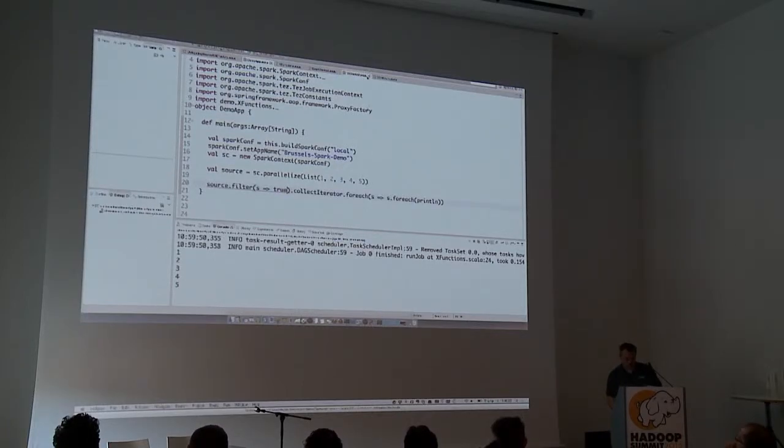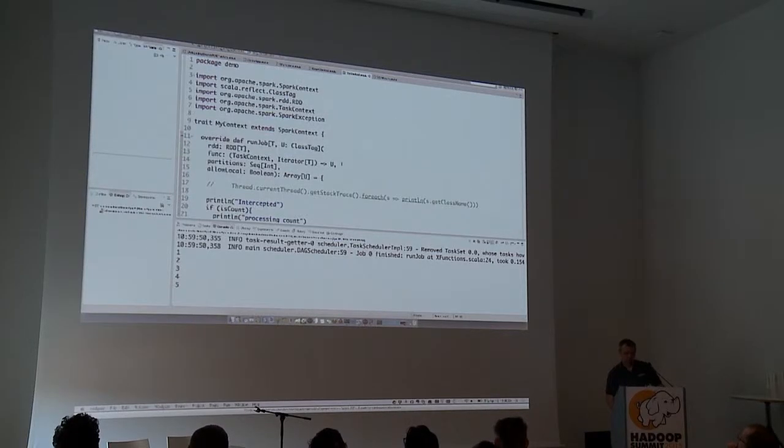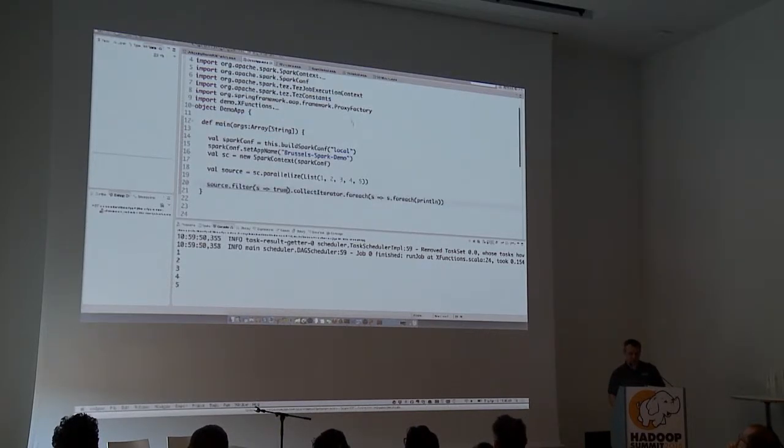All you need to do is, for example, provide a trait called myContext, which extends Spark context. So now what I can do is I can say with myContext, and all of a sudden, for those of you who, going back to Java days, are familiar with aspect-oriented programming, what this really is basically bytecode weaving, but made a first-class feature of Scala.